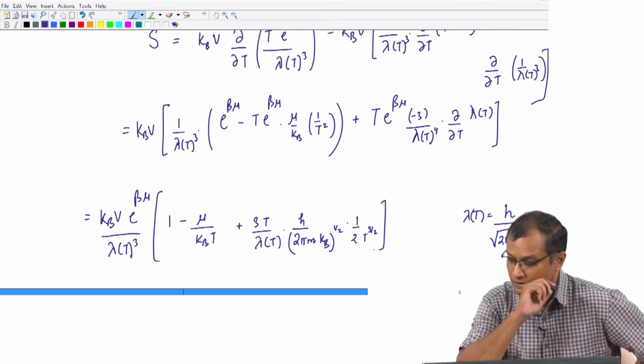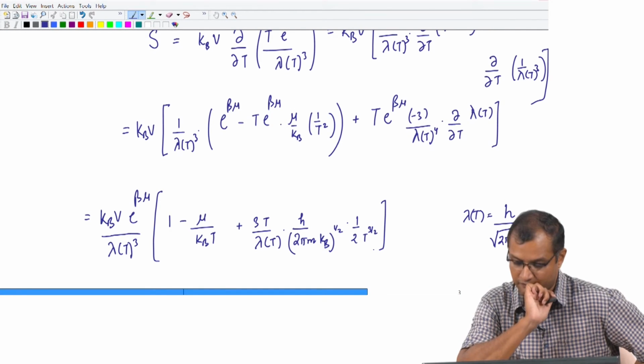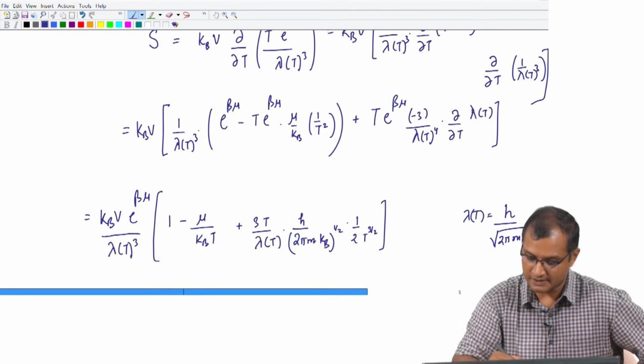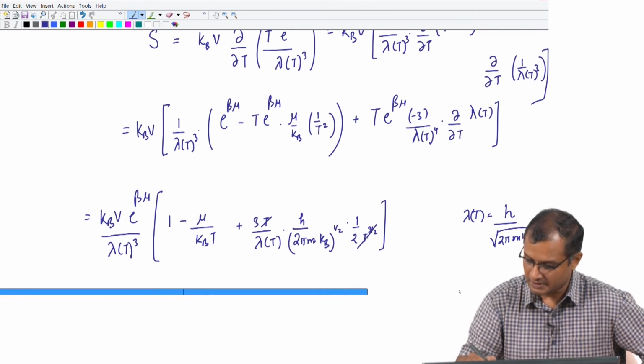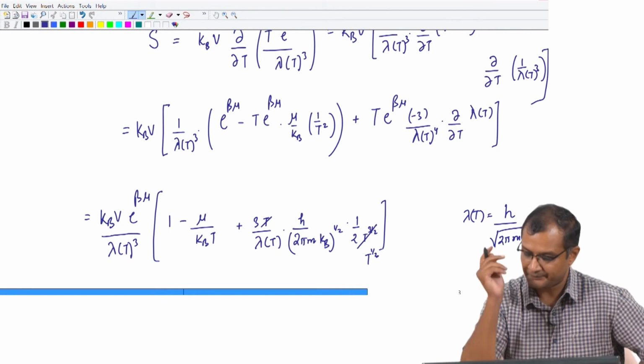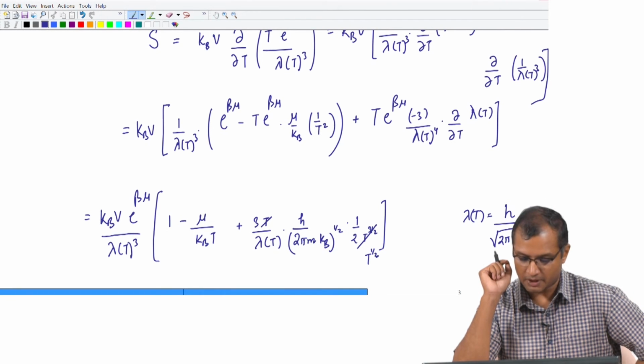Then I will have to take in a few terms here and there. What I am going to do is knock off this T with 3 by 2, so this will become just T raised to 1 half,